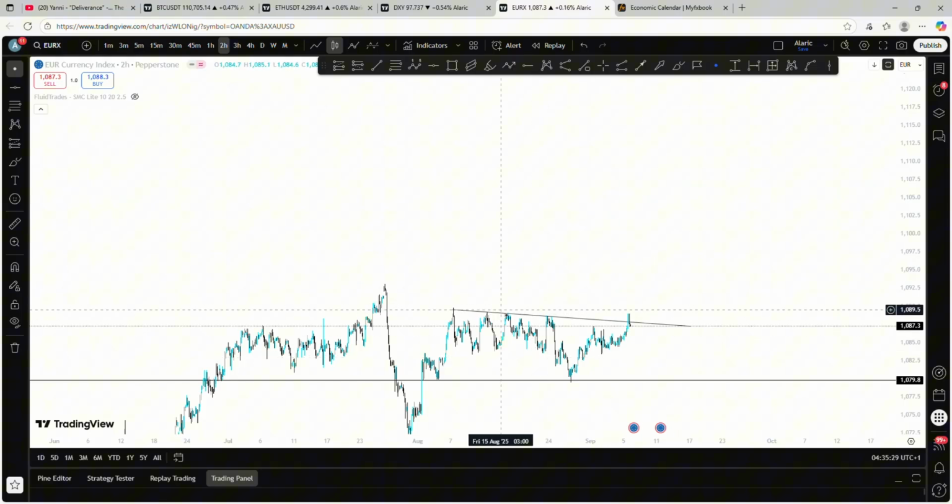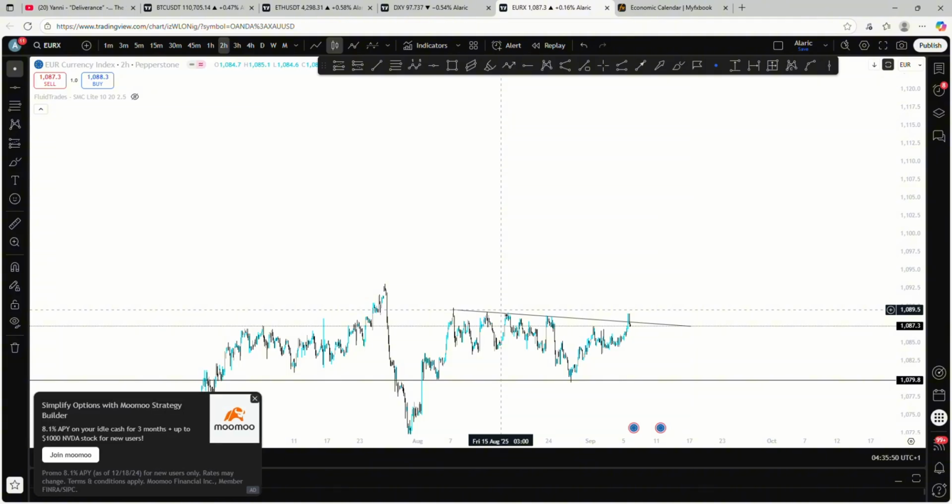Now how this correlation works is this: you want to trade Euro pairs, something like Euro USD. You want to check the index. When they talk of an index, they are talking of the total strength of the currency alone. When you talk of the USD index, you are talking in general about how strong the USD is. So when the USD index is showing a sign of a bullish market,